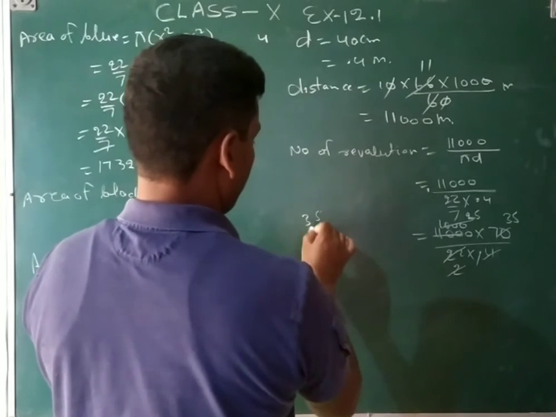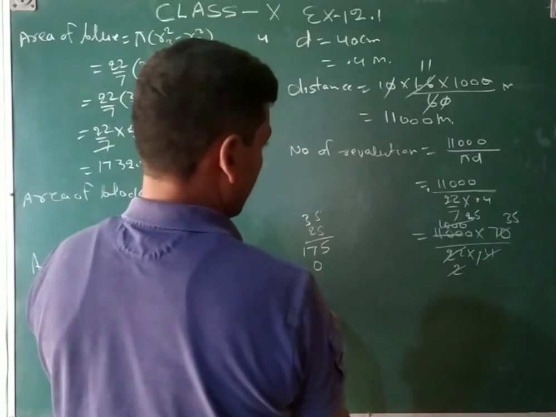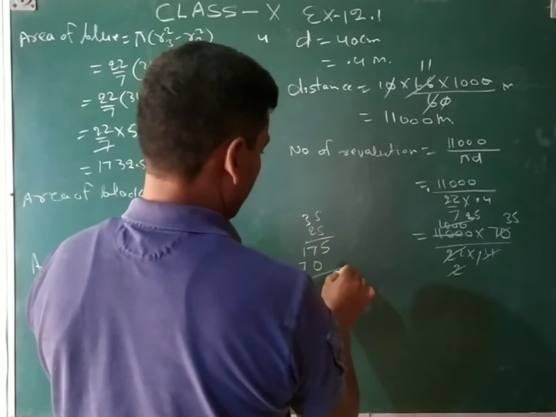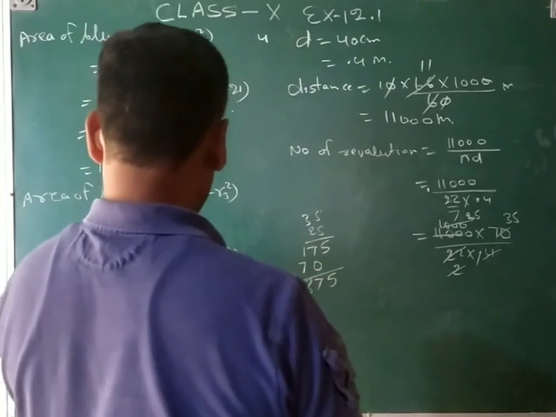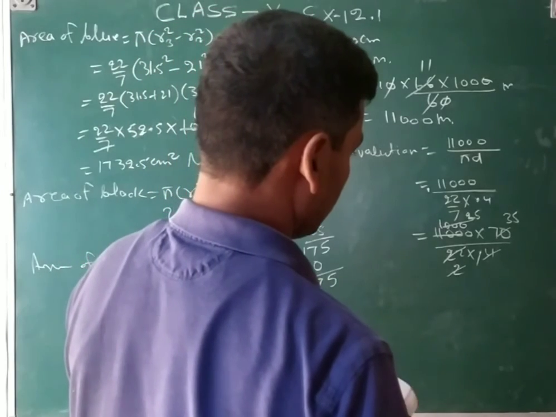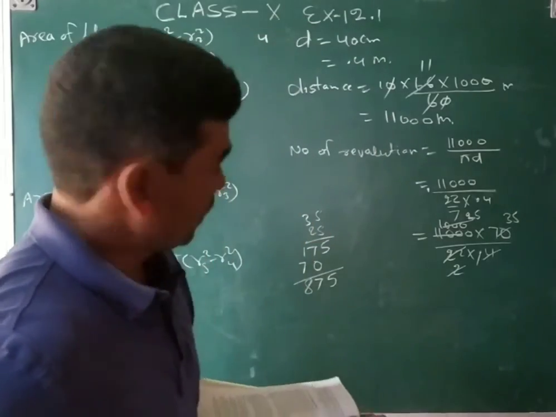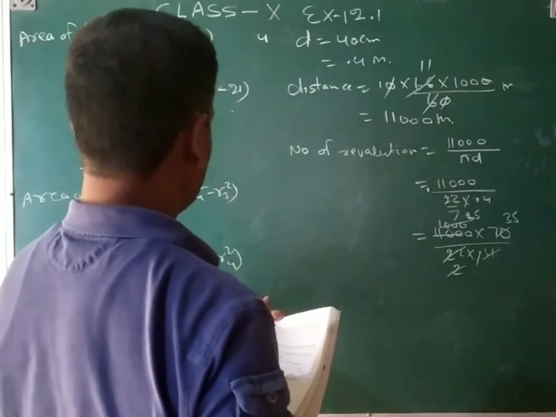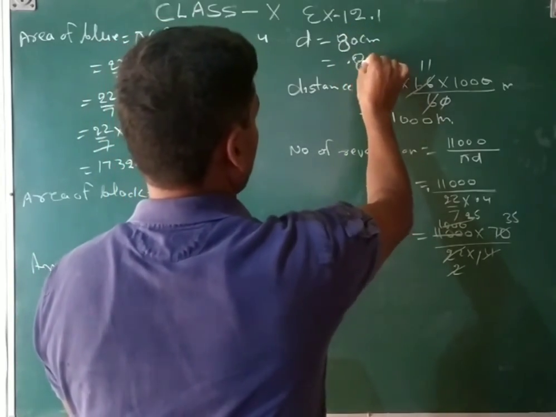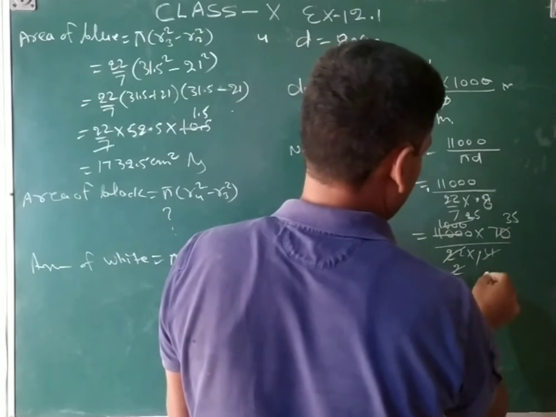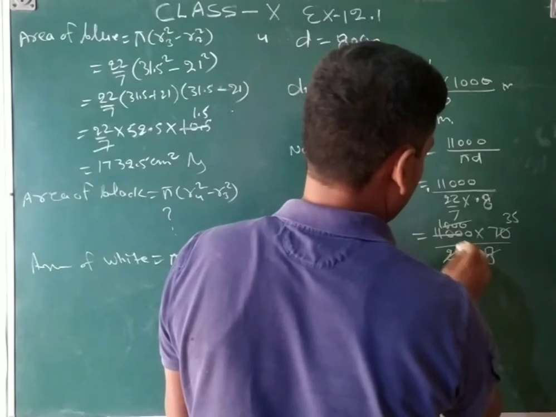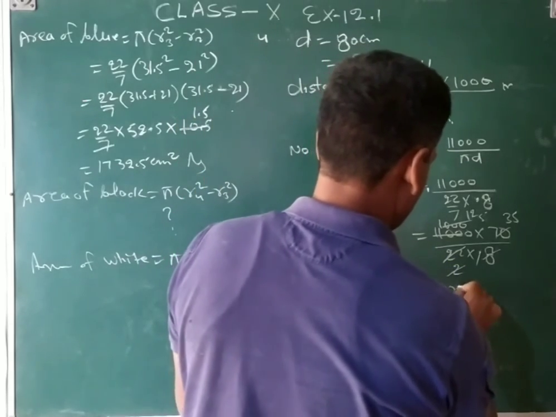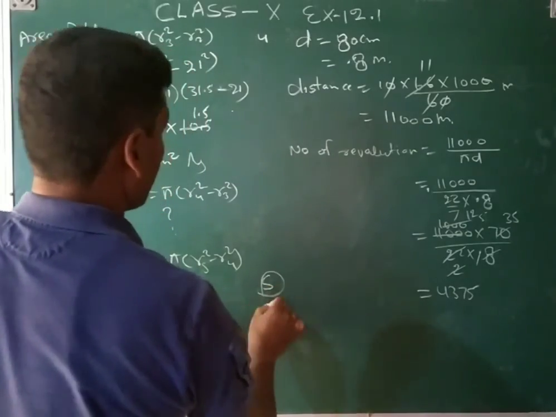5 5 ja 25, 5 3 ja 15, 16 17, 2 5 ja 10, and then 2 5 ja 10, 3 2 ja 6 1 7, that will be 5 7 8, and then after multiply something is different here, you will see that diameter is equal to 80 centimeter, so that will be 8, and when you divide by 8, then that will become 125, after the multiply of that thing, this will come 4375, and then question number 5, that is the last question.